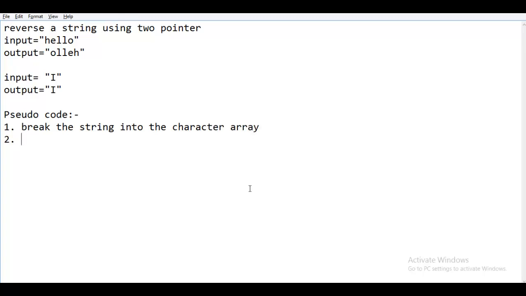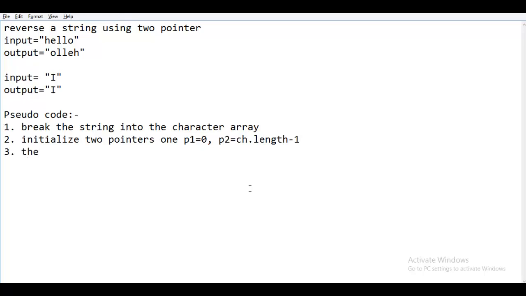Then, initialize two pointers, P1 starting at 0 and P2 starting at length minus 1, which means the end index.